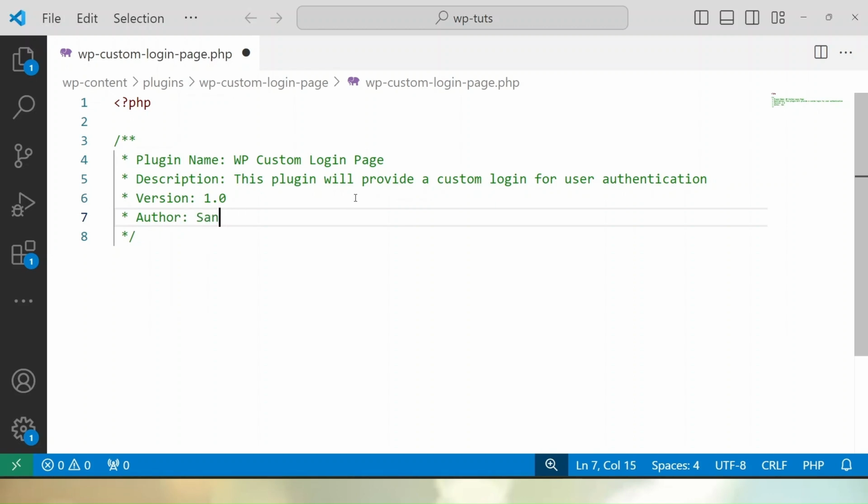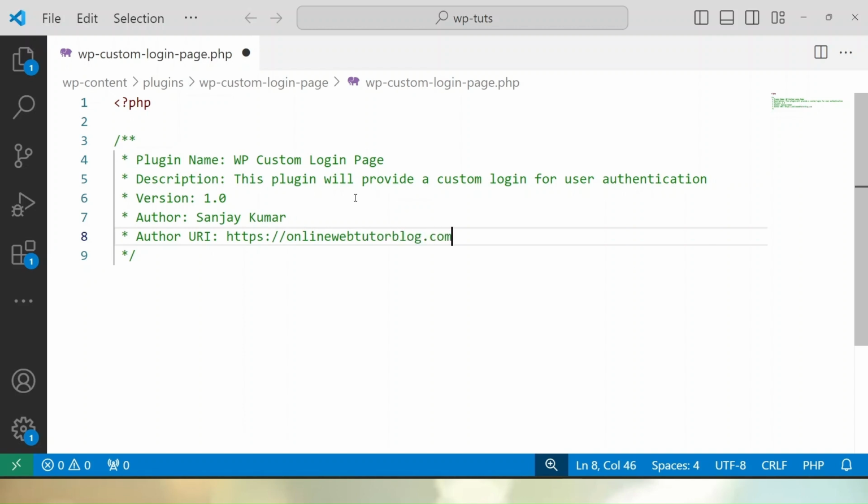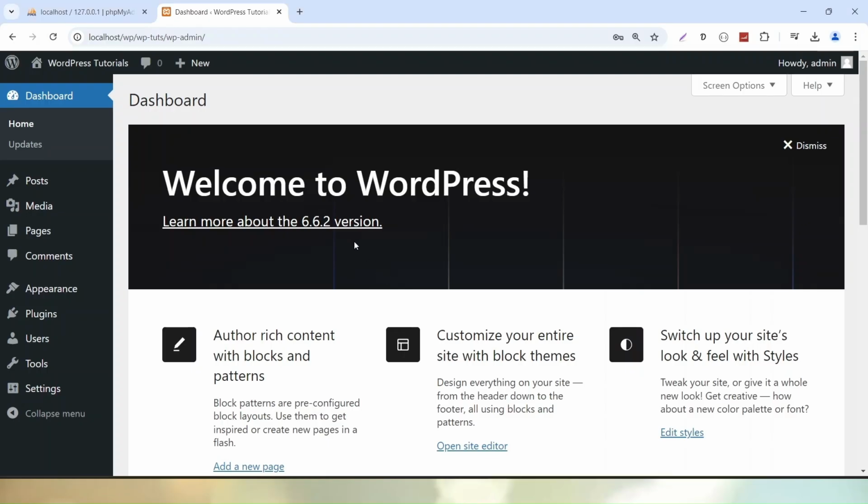Apart from these parameters, we also have Author URI and Plugin URI. For the time being, I will add one more parameter called Author URI, and I will put my blog URL. Save these changes. After passing all this data, let's go to the browser, go inside plugins,